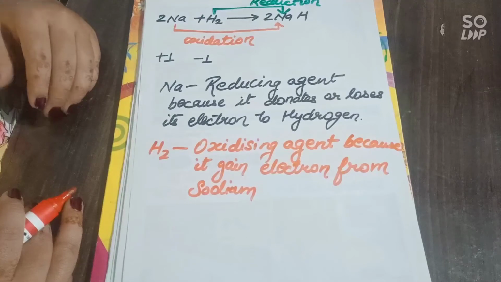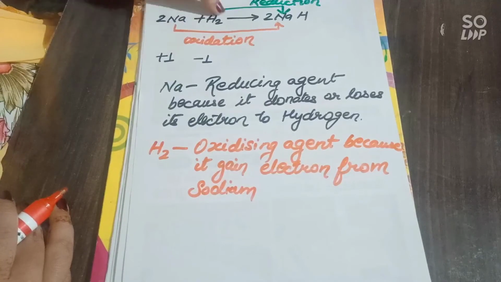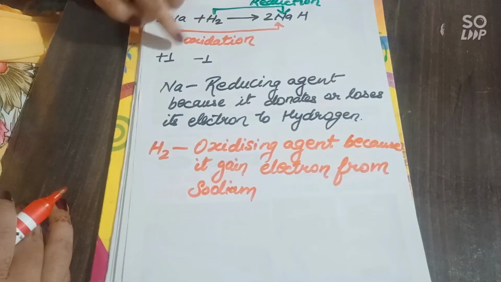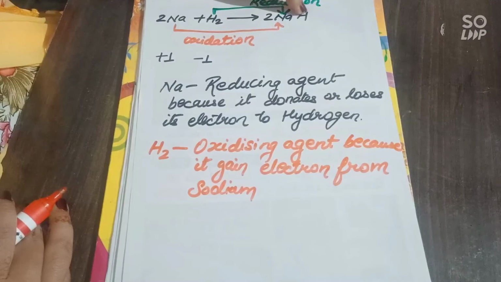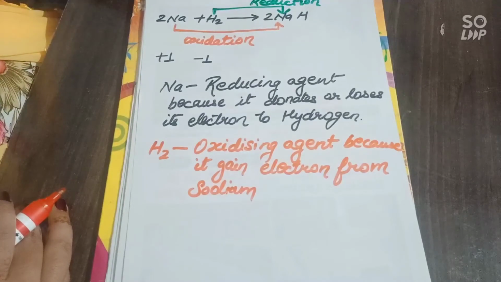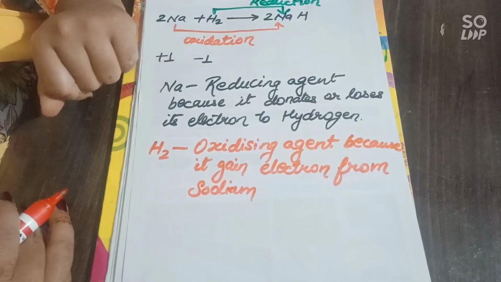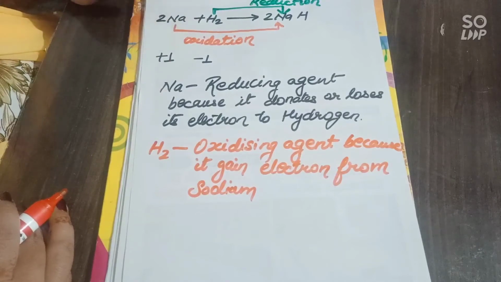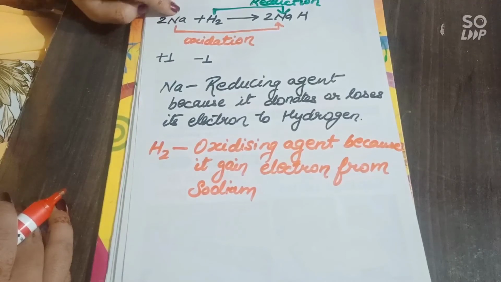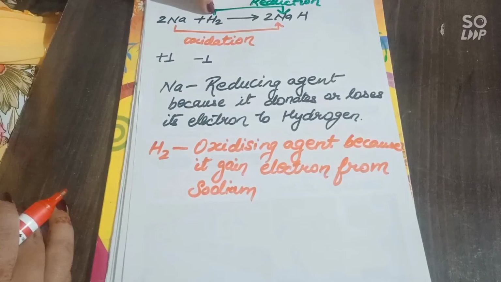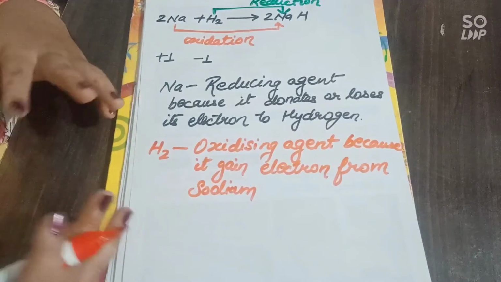And then figure out where reduction is occurring. When some species is gaining electron and some electropositive element is also being added to it, then it is termed as reduction half process. And there is a trick to it, and that trick is wherever oxidation occurs, the species which is causing this oxidation process is actually the reducing agent. And wherever the reduction occurs, the species which is causing reduction is actually the oxidizing agent. So this goes a little opposite by names.